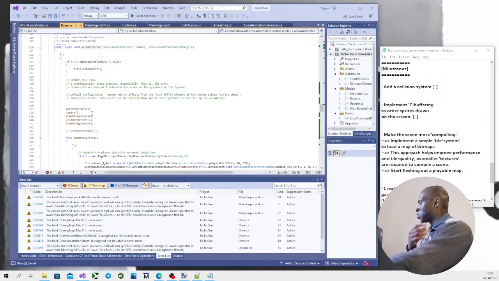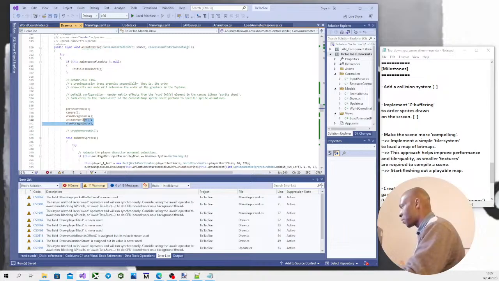This kind of tapers off into performance a little bit because we have so many calls going on in one step. Obviously we start to think about optimizations and things, but that's another thing. Anyway, in as much as we're parsing controls,